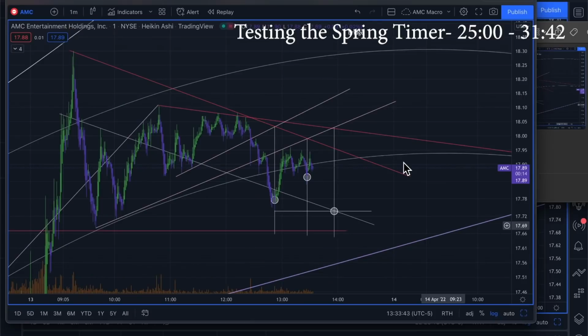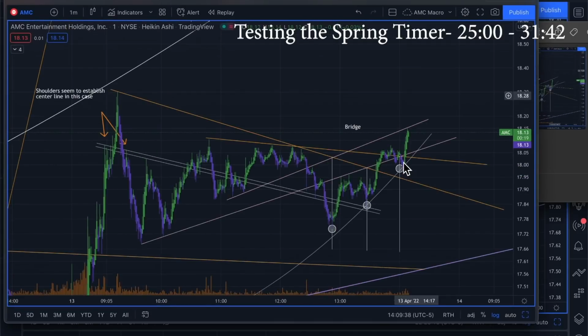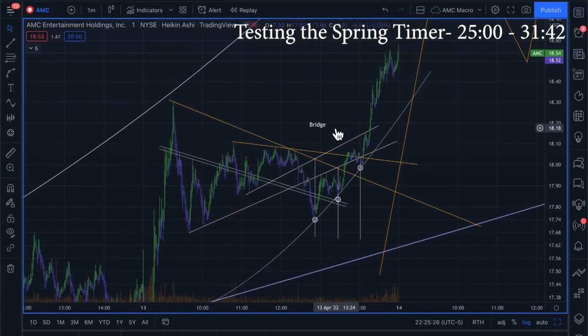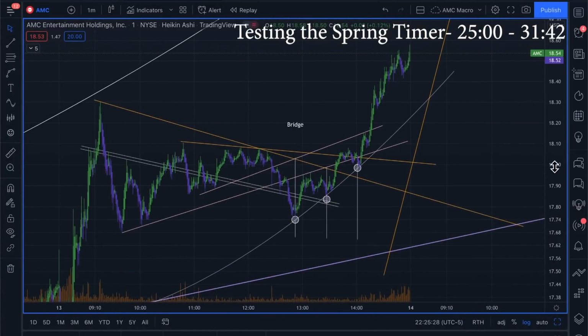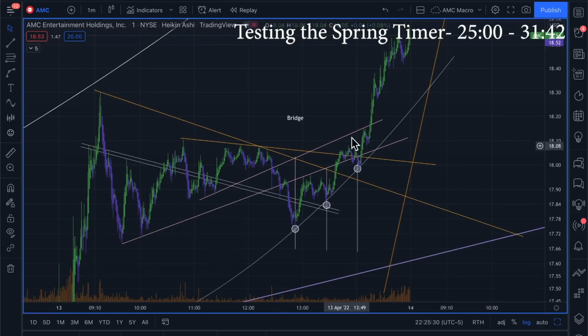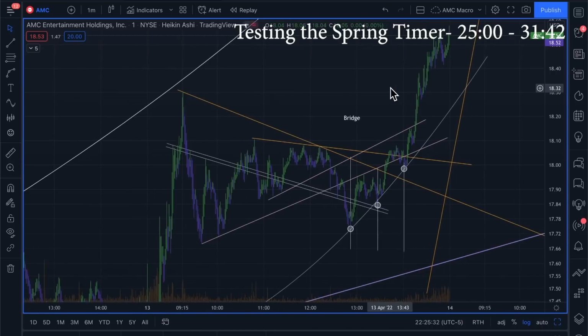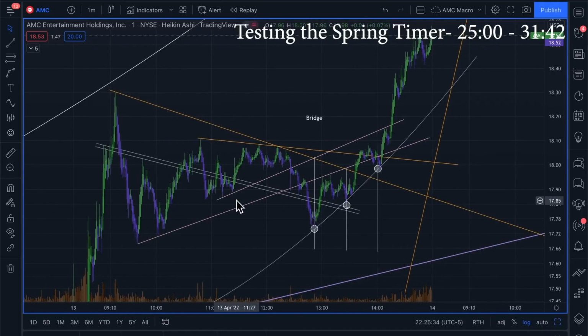Well, it did not hit the price targets that I was aiming for, but it did almost perfectly connect to every one of these. So what we ended up with was basically this perfect timing of 3 bounces, which is super significant because I did it in real time. I did it before it started.